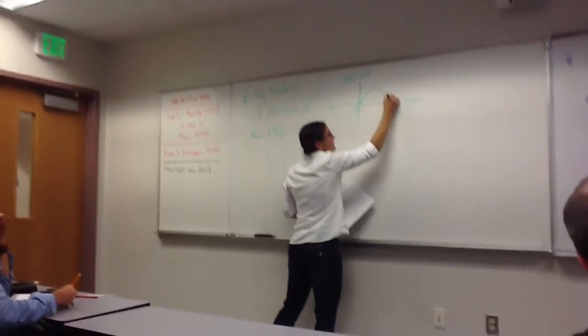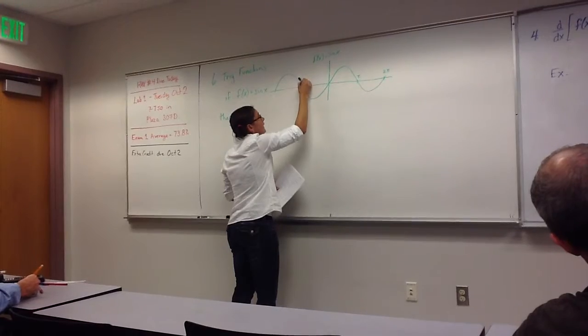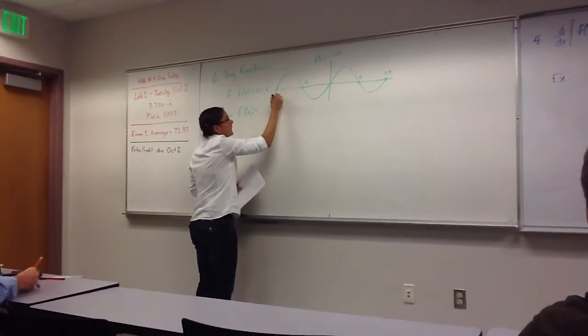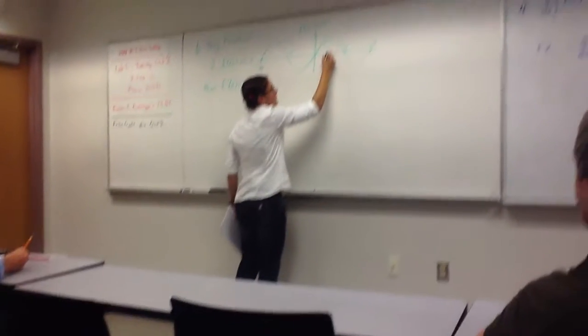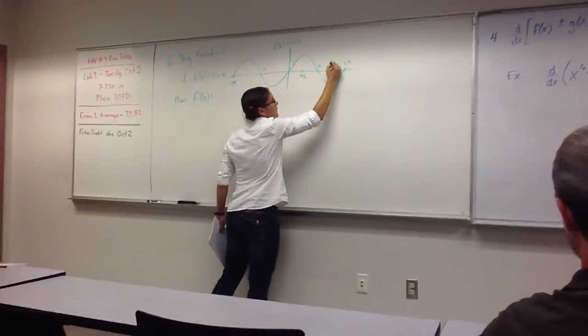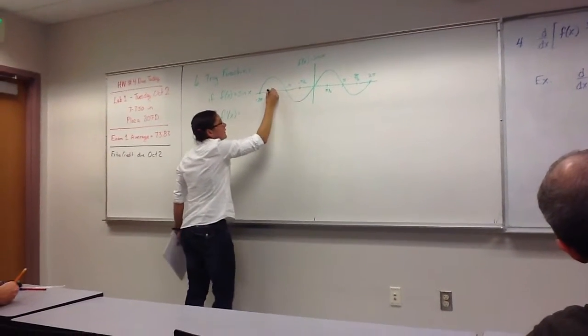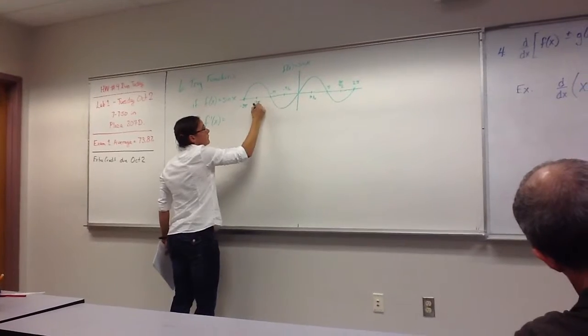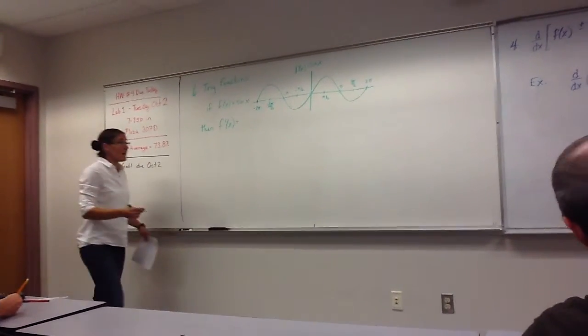And some important pieces to mark on here are pi and 2 pi, and negative pi and negative 2 pi, as well as tops of hills, which occur at pi over 2, bottoms of valleys occur at 3 pi over 2, as well as negative pi over 2 and negative 3 pi over 2. So this is our original sine function, and if we want to graph the derivative,